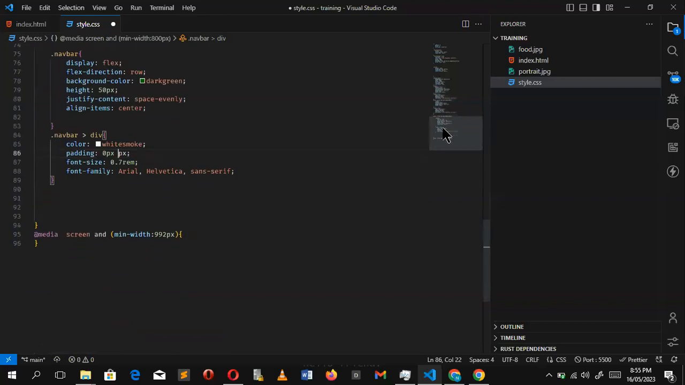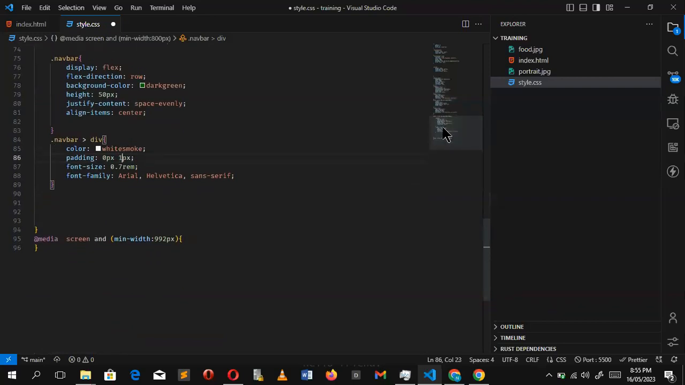I gave 20. So here I'll give, like, let's see, 13 pixels. I think that's all. Then the font size will be 0.85. Yeah. So let's say it's gonna be